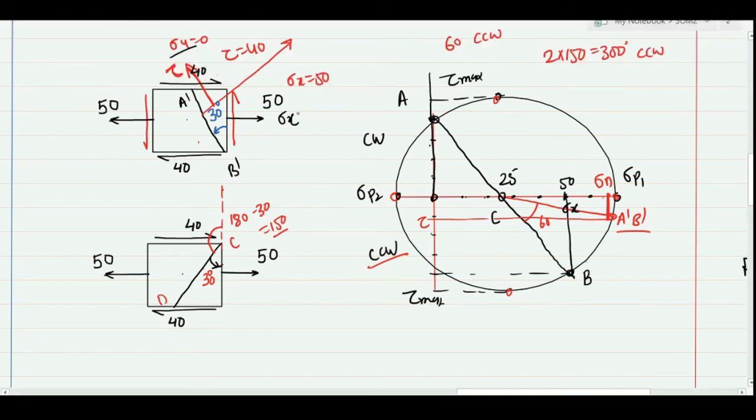So when I locate a plane, this is 180, then 270 and some 300 here. So this would be my line which is going to represent the position of the CD plane, and corresponding to this point I am having one normal stress here and one shear stress here. So this would be the normal stress on this plane.